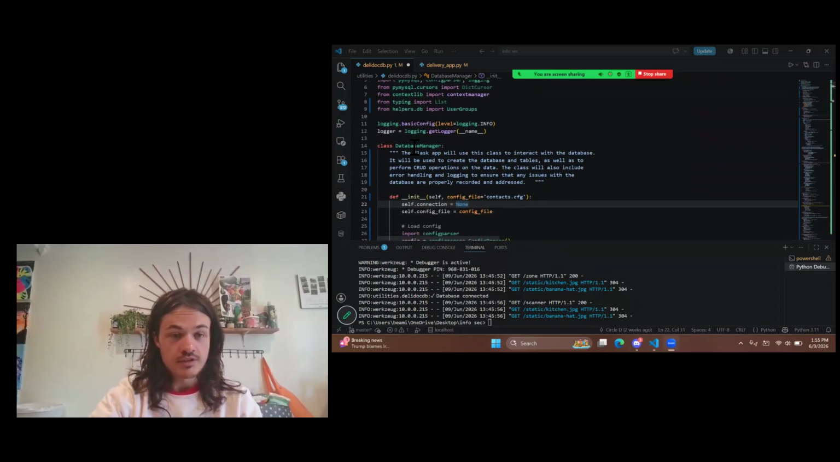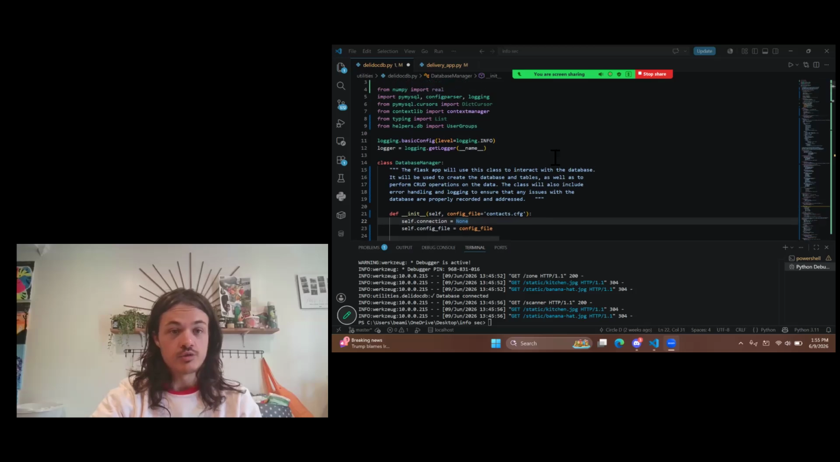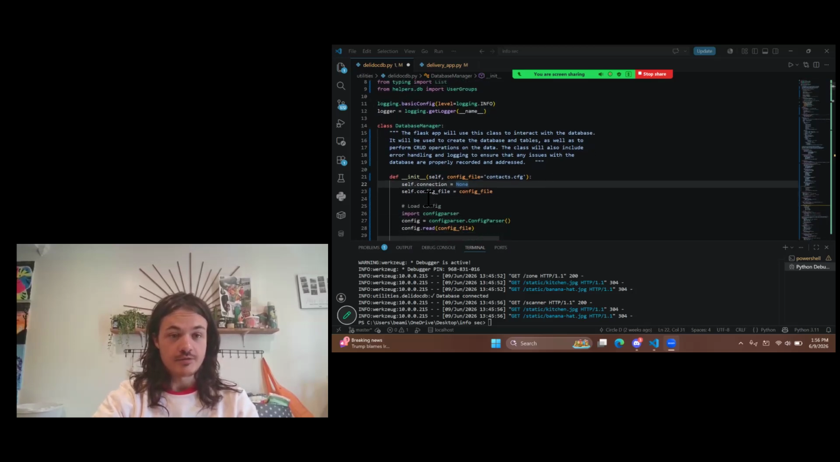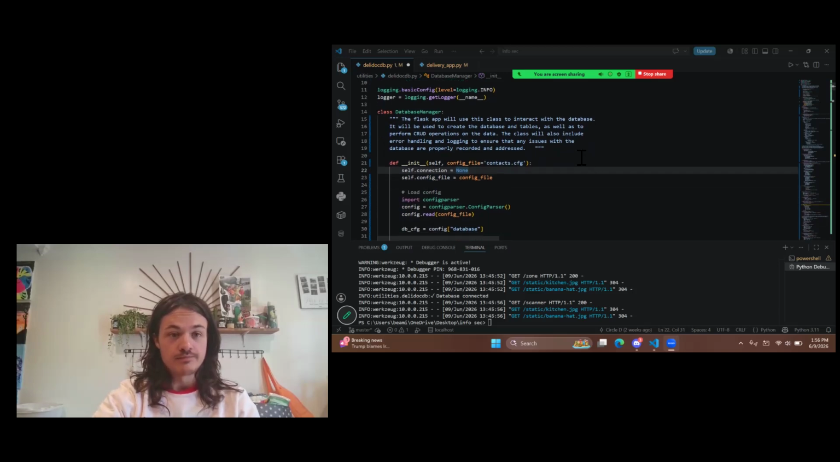Some of the steps that I had to take to actually get SQL to work in Python is creating some classes and some functions. It will be used to create the database and tables, as well as to perform CRUD operations on the data. This class will also include error handling and logging to ensure that any issues with the database are properly recorded